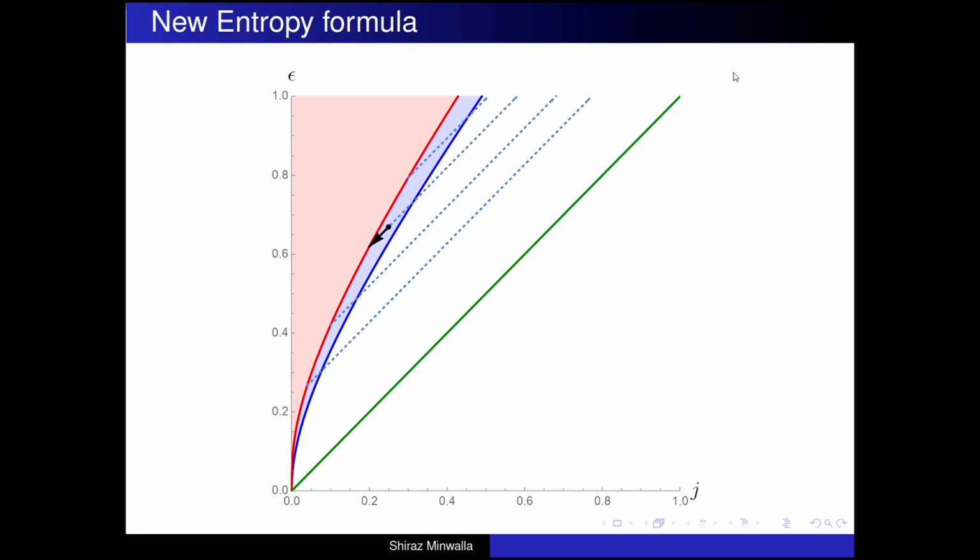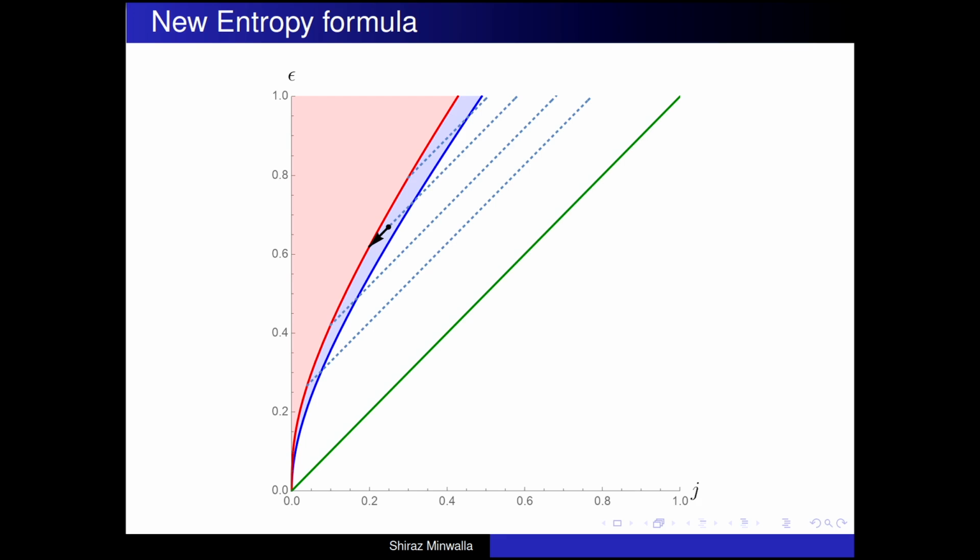Now what's the punchline? The punchline is this. If you believe my construction, we now have an entropy formula for S as a function of E and J, for all E and J. And the entropy formula goes like this. For E and J where the original Kerr radius black hole was stable, that gives you the correct entropy formula. For any other E and J within the unitarity region, choose a point, draw a 45-degree line, and let it intersect this red curve. Wherever it intersects the red curve is the entropy of the situation.